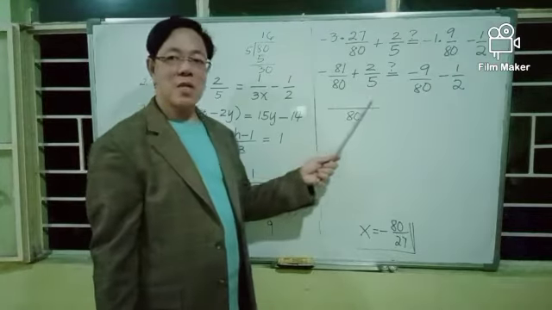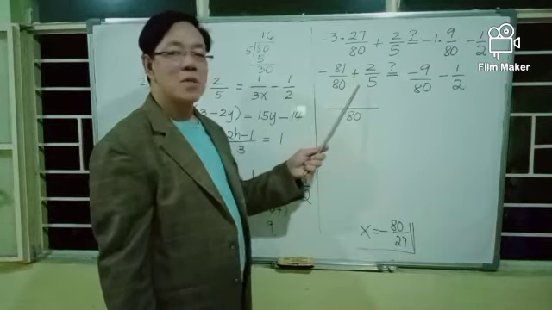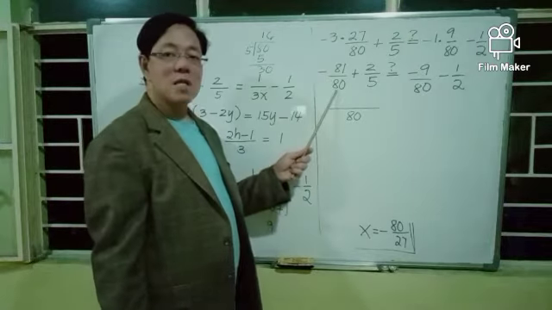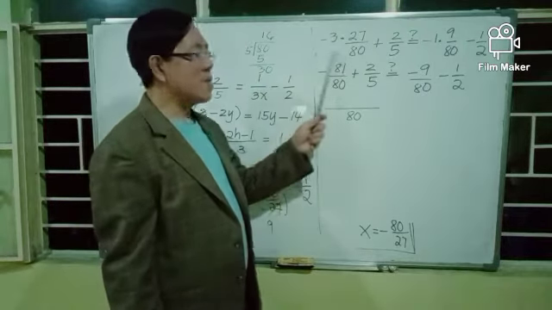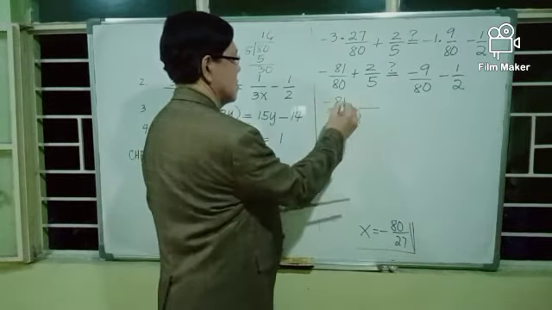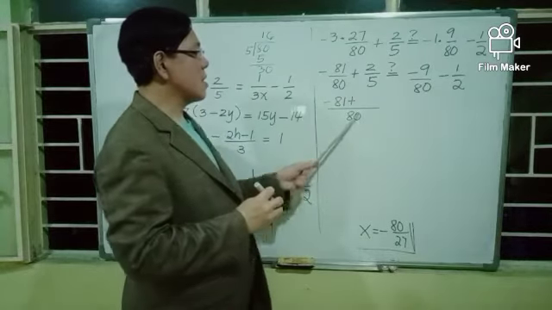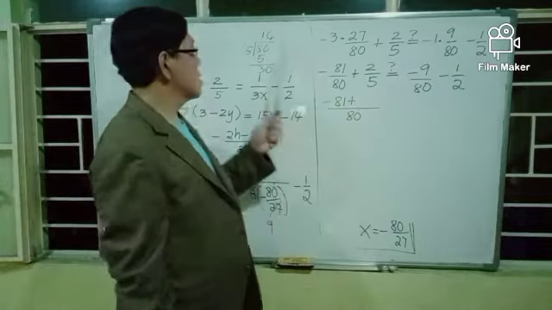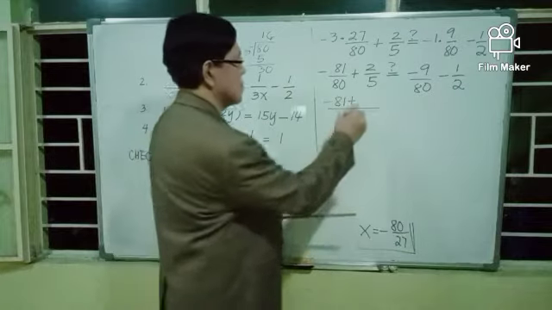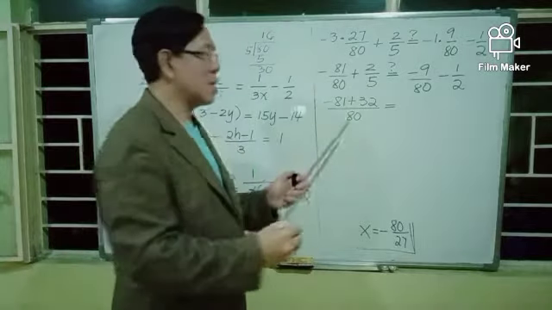To find the numerator here, we divide the LCD by each denominator and multiply the quotient by the numerator. We have 80 divided by 80 is 1. Multiply by negative 81 is negative 81. Plus 80 divided by 5 is 16, multiplied by 2 is 32. We want to check if this quantity is equal to